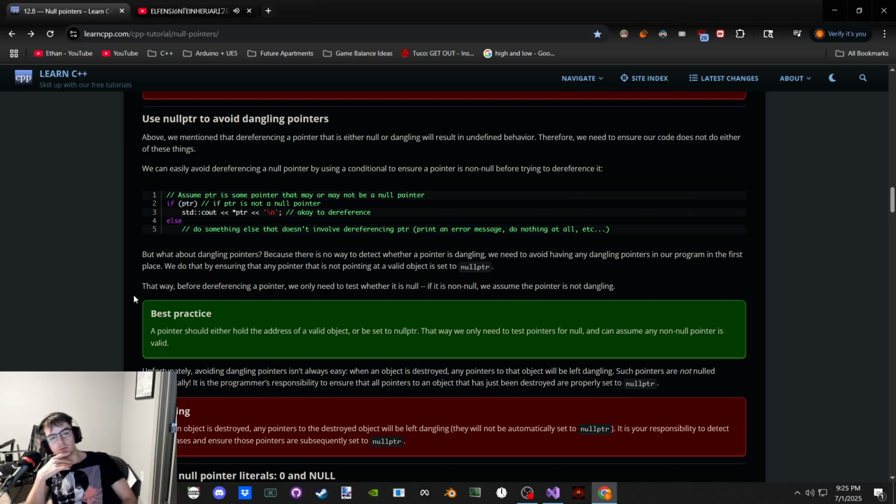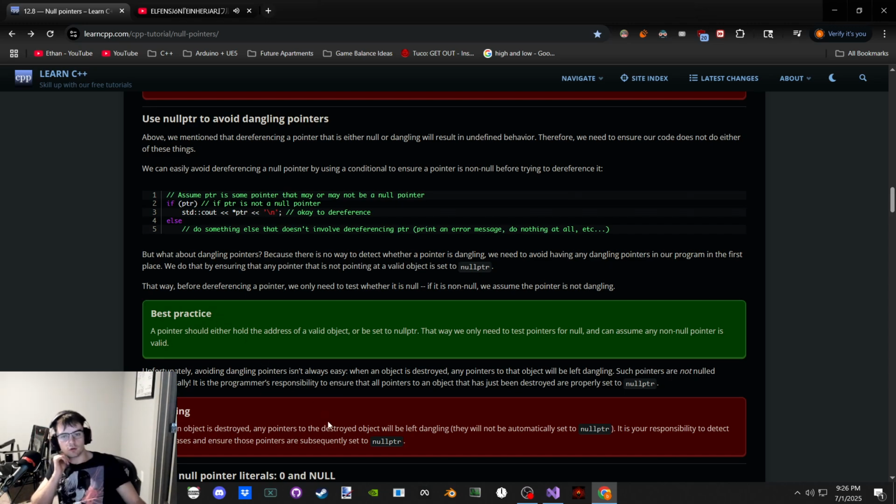So if we assume that the cords are hot wires, we connect the cord to a valid object, to a call, and then instead of, oh, the call's done, leave it hanging out wild for anybody to try and use and get shocked or hurt, we plug it back into null. So plug it into null, plug it into call. Oh, you're done with the call, plug it into null.